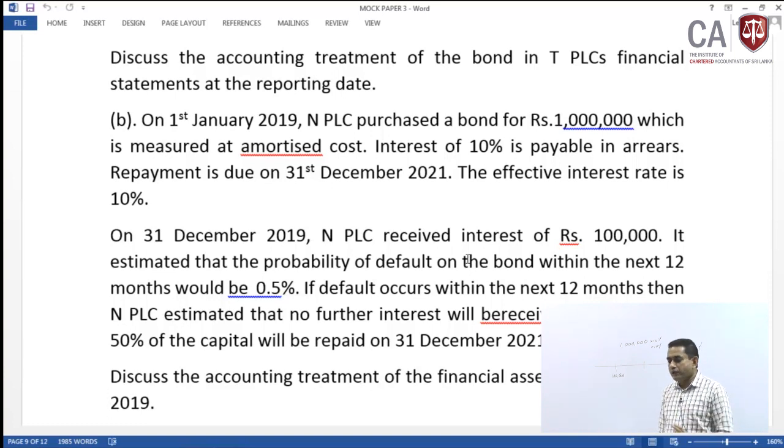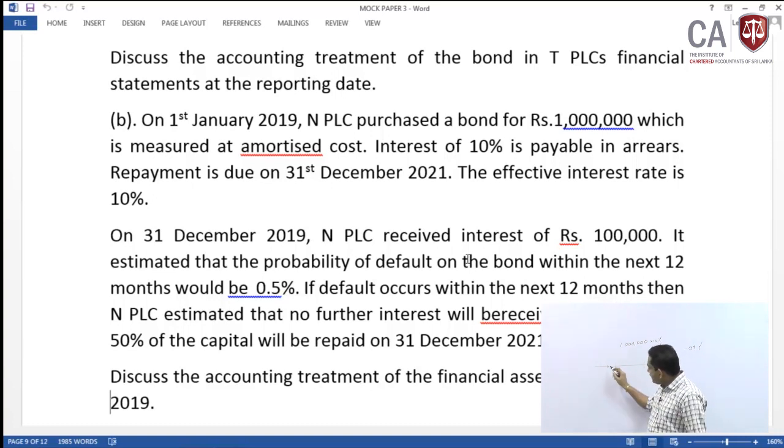Now, that is how the question has been worded. 12 months expected credit loss. So, we expect a default event to occur within 12 months time, and by how much the future contractual cash flows will be reduced as a result of the default event to occur within 12 months time, and that is your impairment review under 12 months expected credit loss.